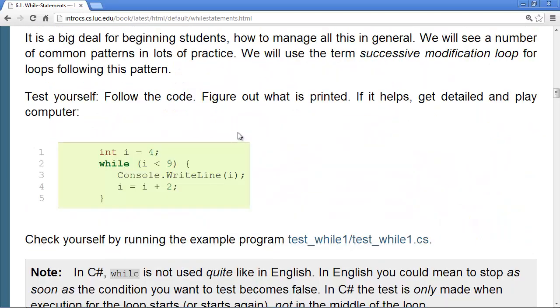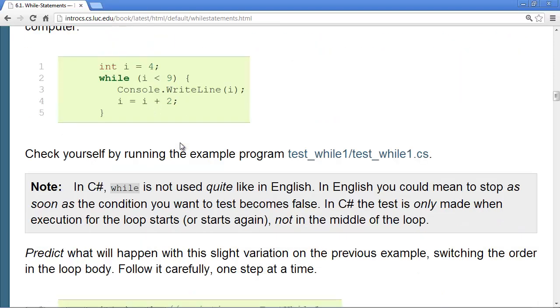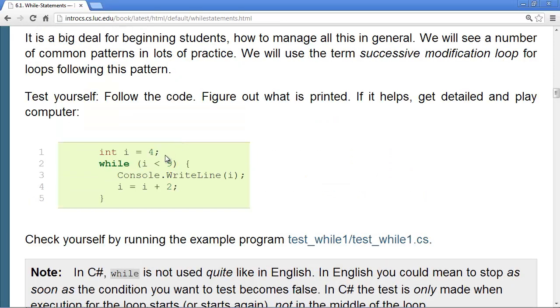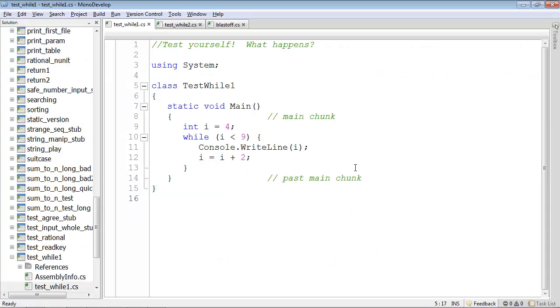So stop and think about this code, test yourself, set yourself up a table, or keep track of the variable i, follow through. Remember, you have a while loop, so we can repeat things here. Think what is going to happen until we get all the way through and finish this loop. Stop, and then you can go on and look at my running of this little bit, which is in this program here. So here's this little program. We can run it.